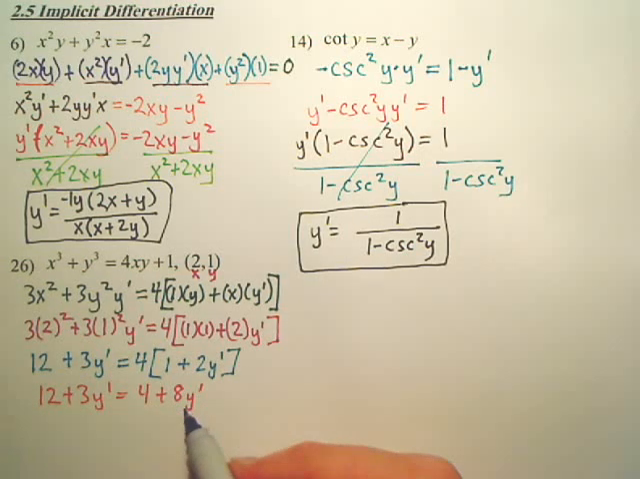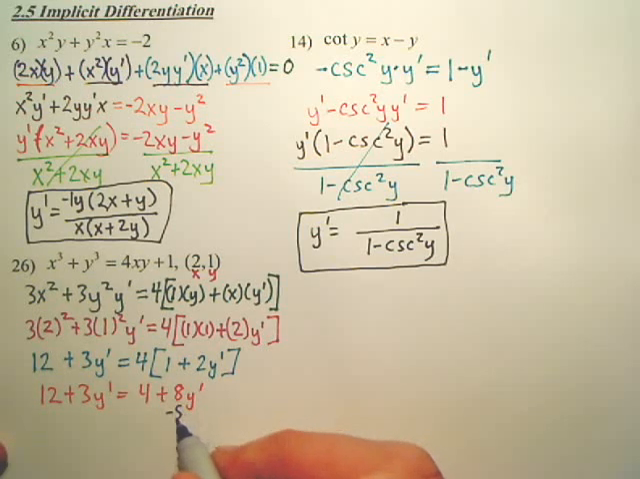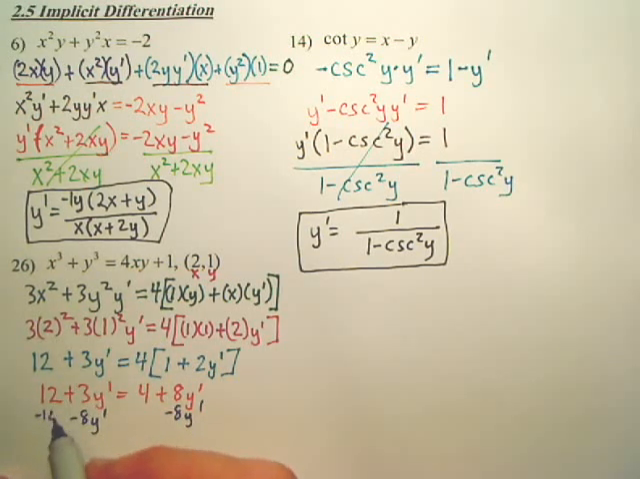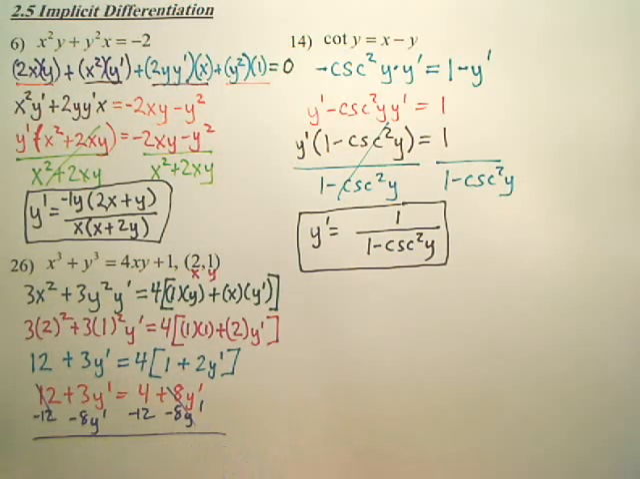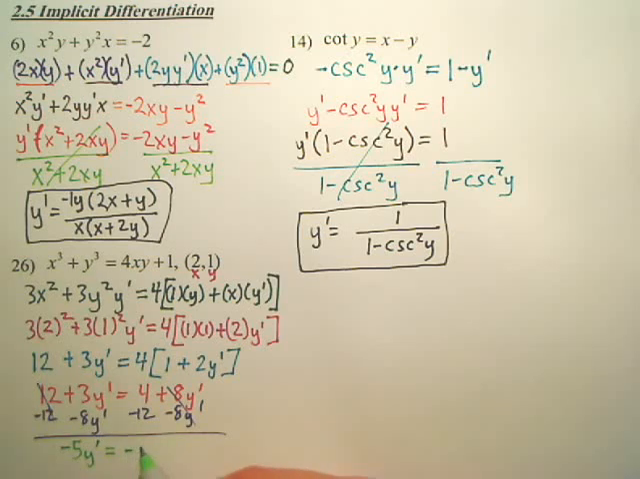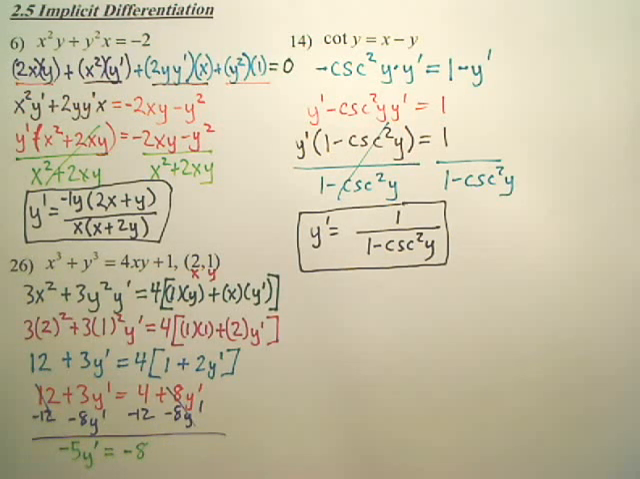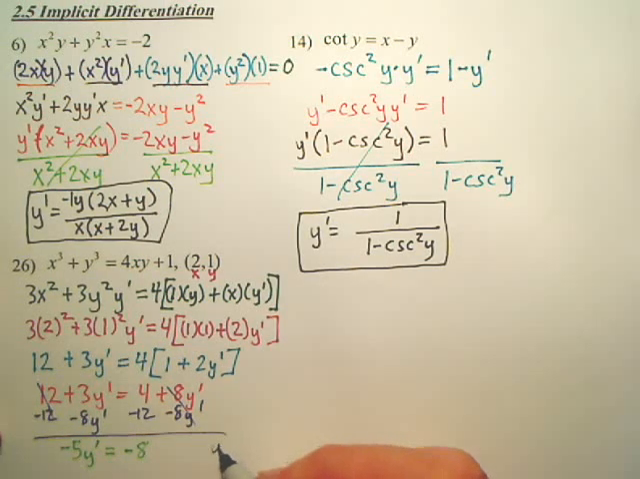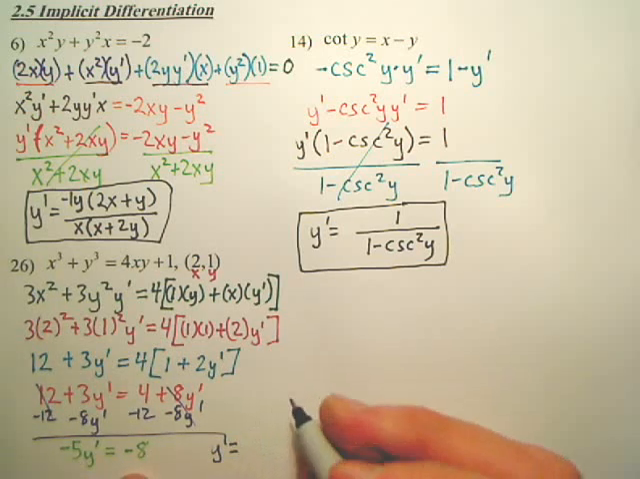And to get y prime by itself, it doesn't matter what side you move it to. I'm just going to move the 8y prime over this way and minus the 12 over this way. So that's gone and that's gone. It looks like I have negative 5y prime equals negative 8. So my answer is going to be y prime equals, divide both sides by negative 5, I get